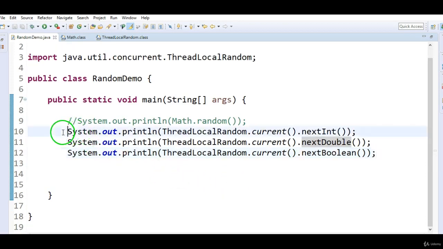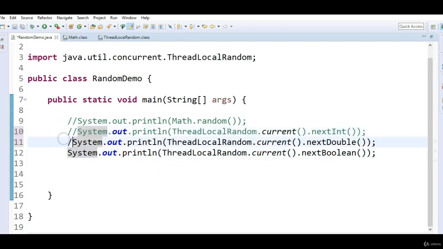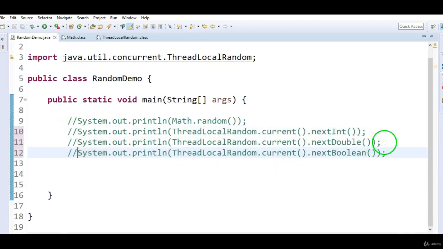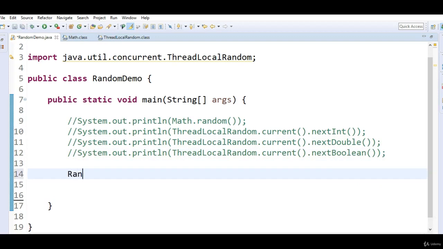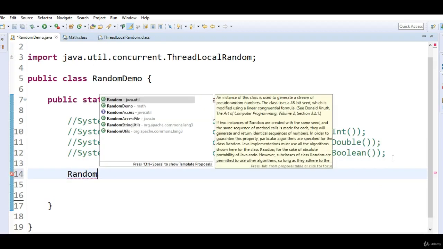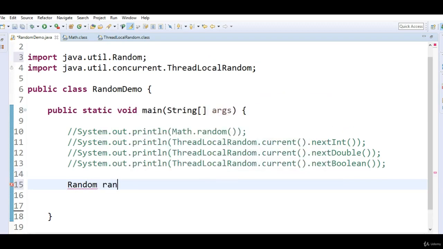I am just commenting these lines as well. And now I am going to use the java.util.Random class. So the first step is we need to create an instance of Random, which is present in the java.util package. Random equal to new Random.